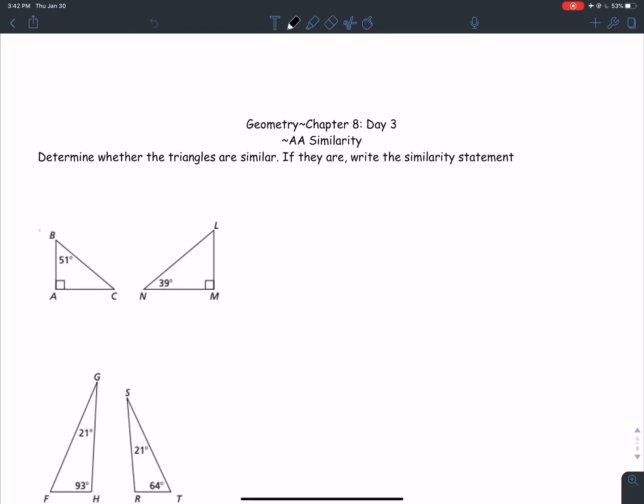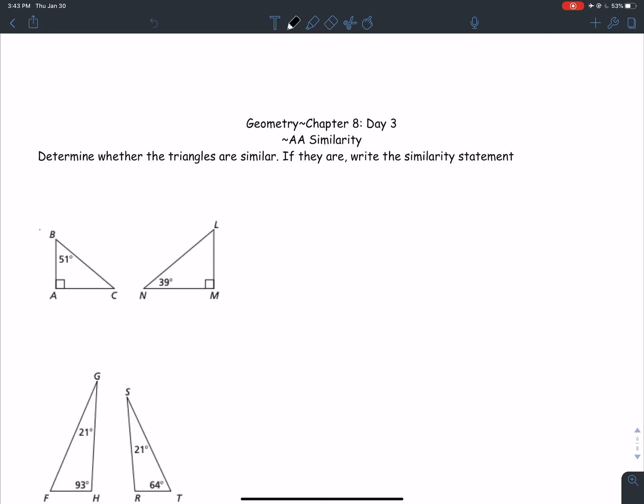All right, we're talking about angle similarity. In order for two triangles to be similar, it's kind of like when we talked about congruent. Remember, things that are similar are the same shape but different size. So the first type of similarity is angle. In order for them to have angle similarity, they must have two angles that have the same